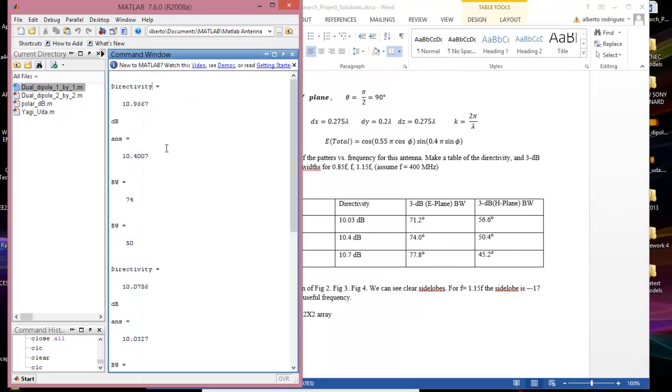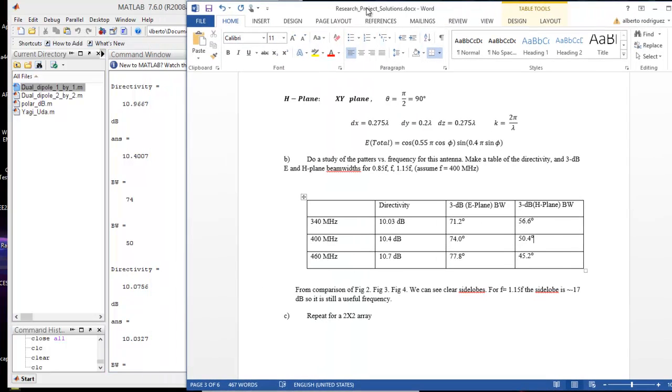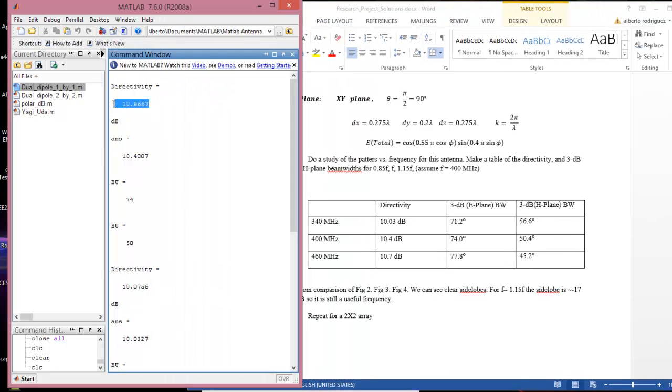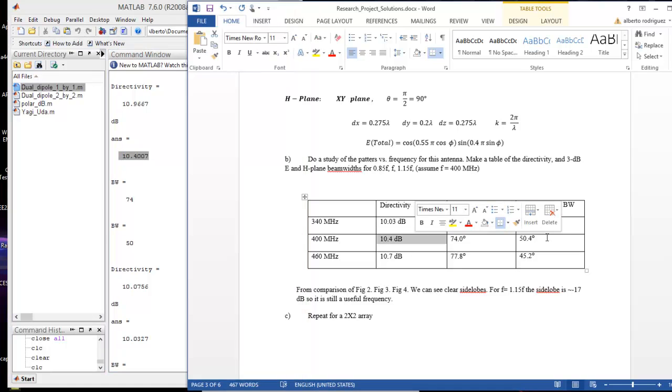For the first case, the frequency is 400, so I have the value of 10.4 dB, which is right here, 10.4. For the first case, the beam width is 74, and the beam width in the H plane is 50,